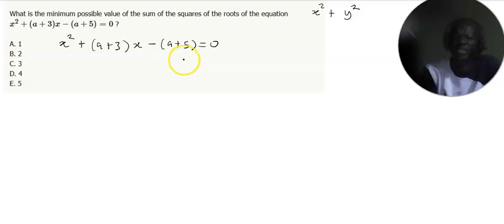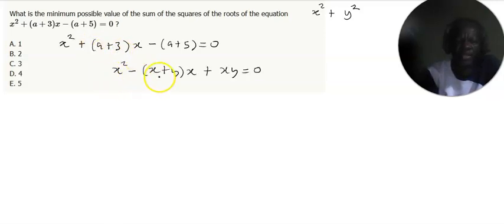What we need to understand is that we need to manipulate this equation in a way that will help us solve this particular problem. There's a particular equation that will be of help to us here, and it is x squared minus (sum of roots) x plus product of roots equals 0. If you compare these two equations, you will see that the sum of roots x plus y equals